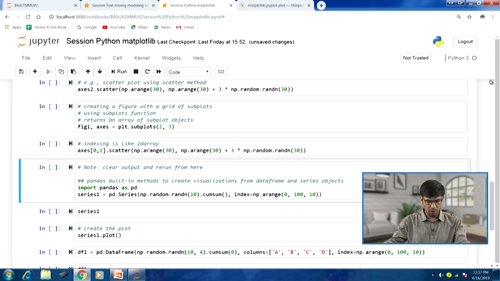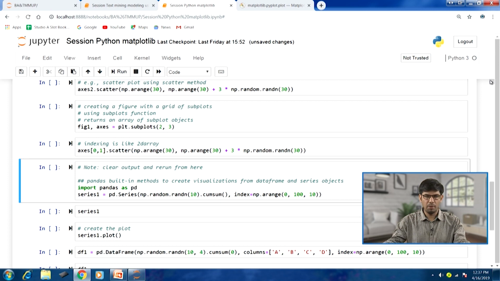Now, we will talk about some of the pandas built-in methods that can be used to create visualizations and graphics, and there we can use the data frame and series objects. Typically, as we have said, we would be dealing with structured data, where you will have the tabular format of data. So, if we can use these data frame and series objects and directly create plots, that would be more meaningful in the analytics context.